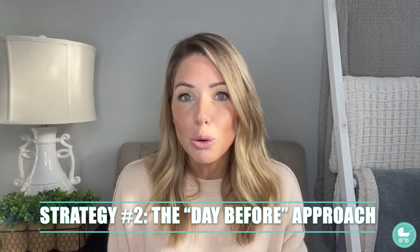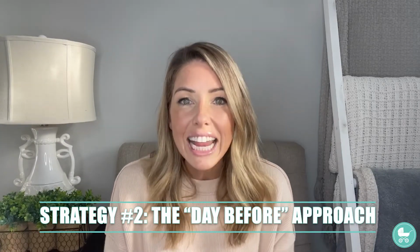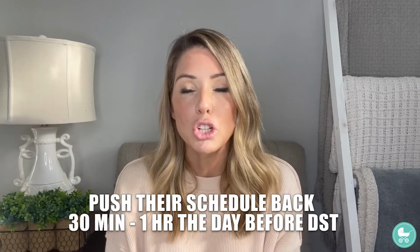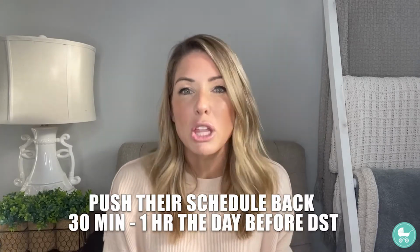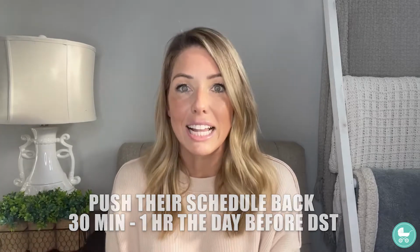Strategy number 2 is for those of you who don't necessarily like the gradual approach, can take it in as the day before the actual time change. So you can go ahead and start pushing your child's schedule back maybe 30 minutes to an hour right before the daylight savings. So that means instead of bedtime being 7 o'clock, you automatically just start keeping them up, keeping them distracted, and put them down at 8 o'clock